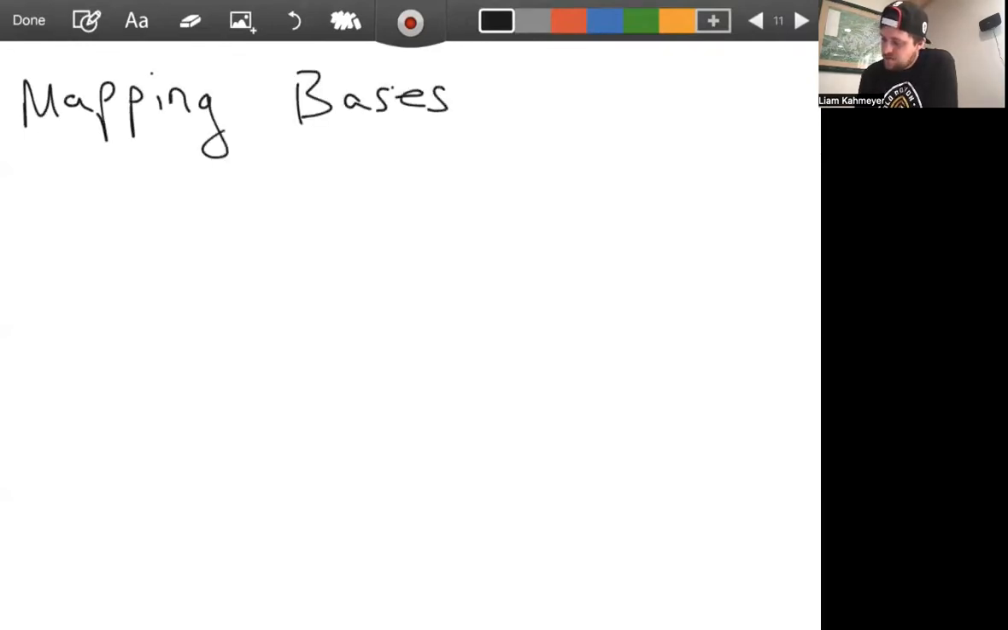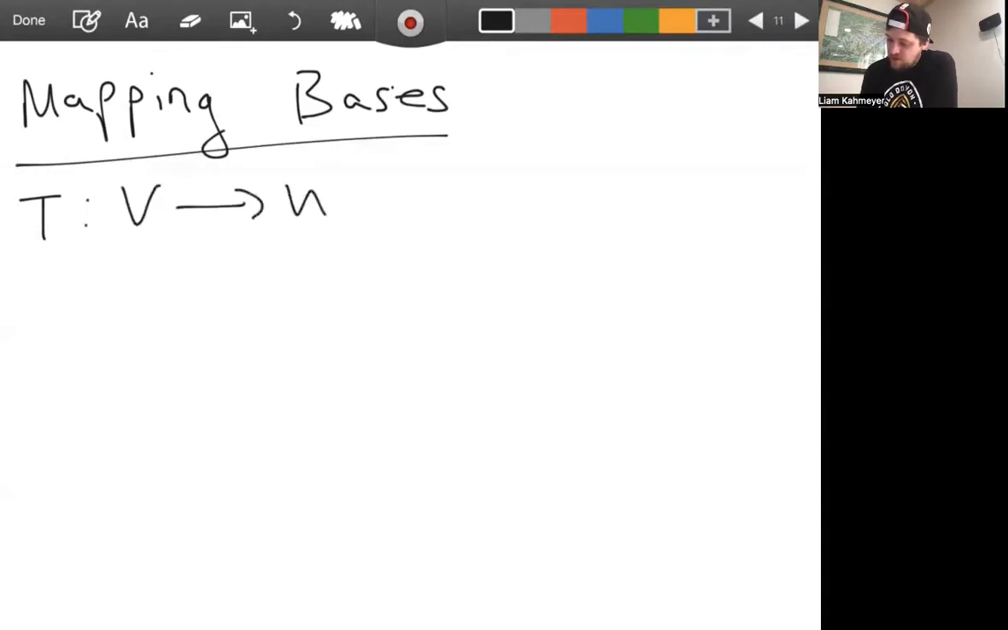All right, now that we've seen what an isomorphism is and how to find or prove that something is isomorphic, let's look at what happens to basis elements of our subspaces under an isomorphism. So let's look at mapping bases here. Okay, so let's say we have T from V to W. And first, let's say T is 1-to-1 here,